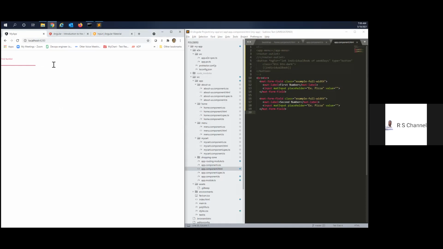By default, it is not showing for you. That is why I'm wondering why. Anyways, now add a button.